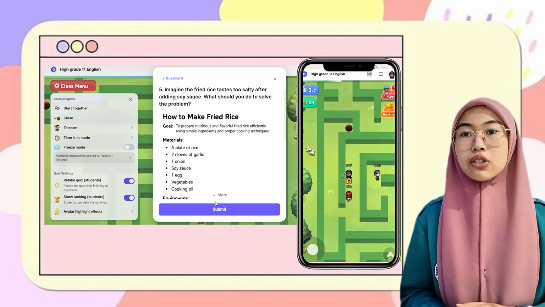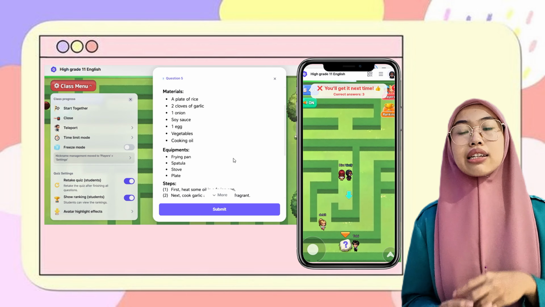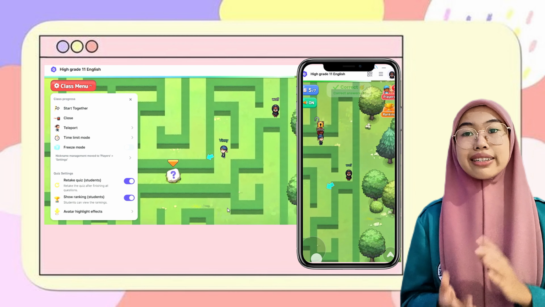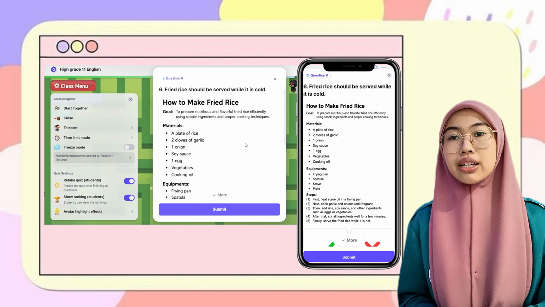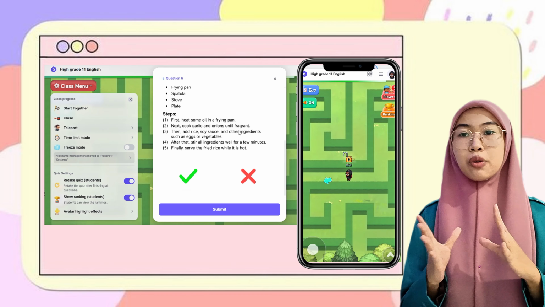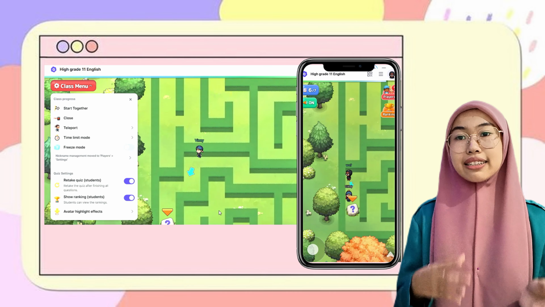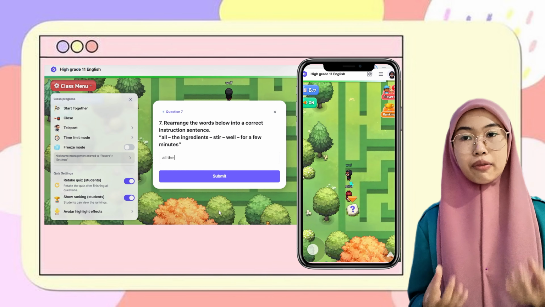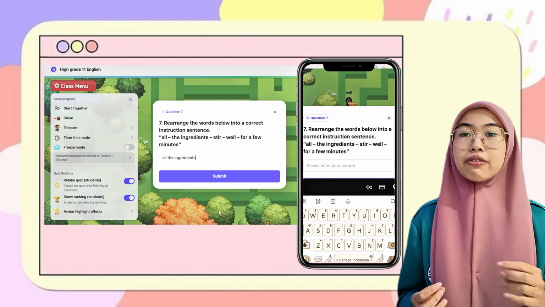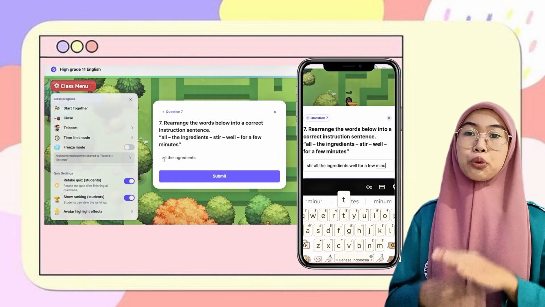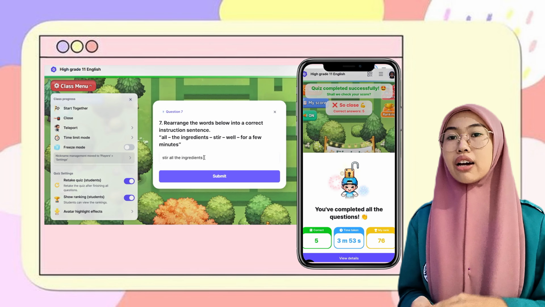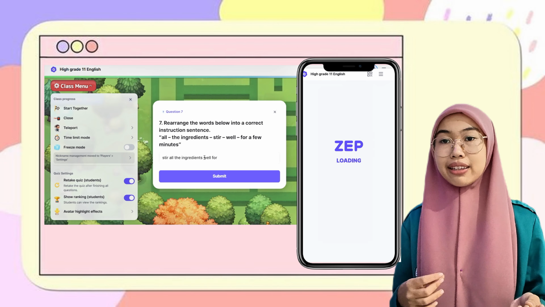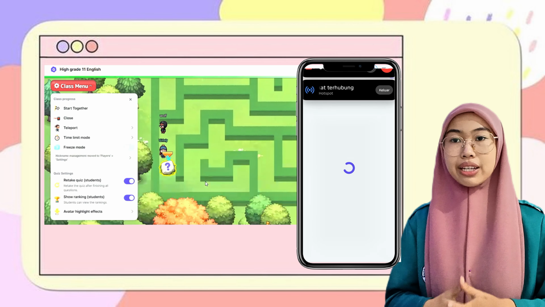During the answering process, students receive immediate feedback and can see right away whether their answer is correct or incorrect. Students are also guided by an arrow that points toward the next question, and they can see which of their classmates are answering a question at the same checkpoint. That is how the quiz is played on the Zep Quiz map. After students successfully answer all the questions, their result and ranking are displayed on the screen. Students can also see which of their classmates have already completed the quiz.